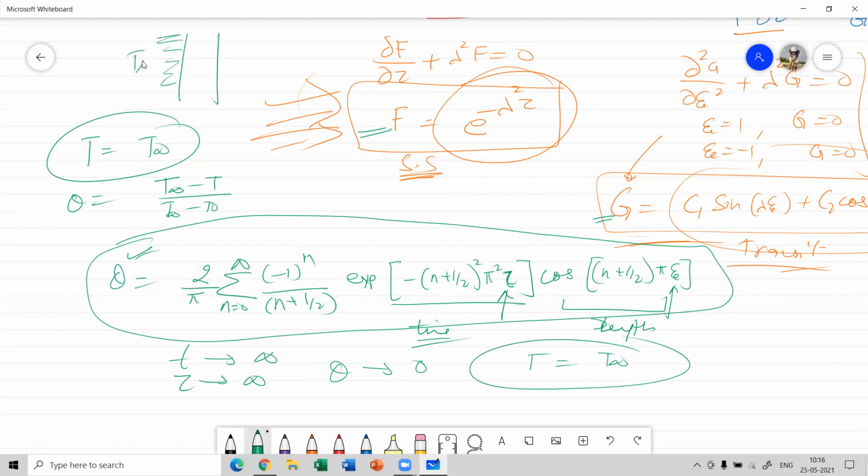That means if over here the temperature is T infinity, over here the temperature is the same. After steady state is achieved, there will be a uniform temperature throughout this slab. Clear? That happens in the case of the steady state. So that means you have kept the slab for infinite time in the open, and the slab will attain the same temperature as the surrounding. But in a transient phase, before that, this will be the expression of the temperature occurring within this slab, and that expression is a function of time as well as distance. Clear? So this finishes the unsteady state part in this case.